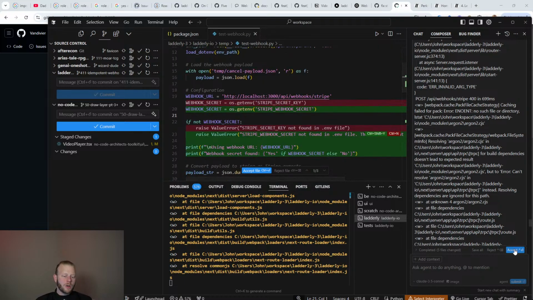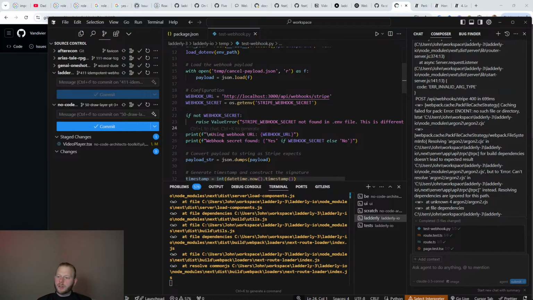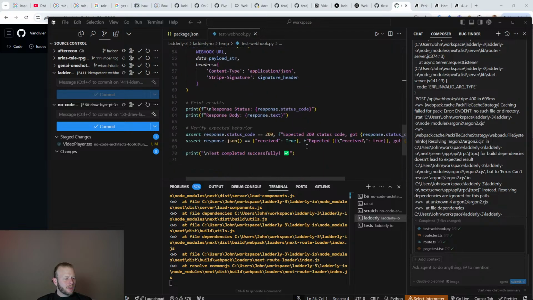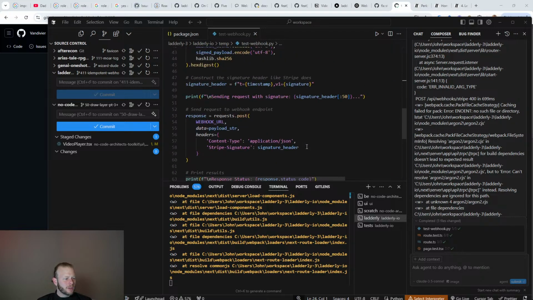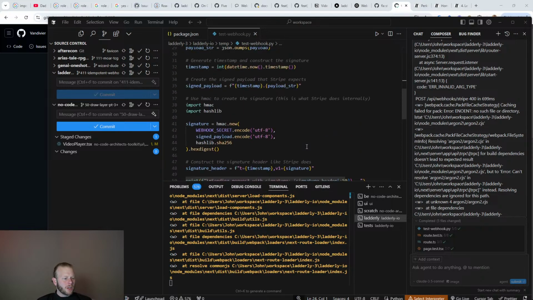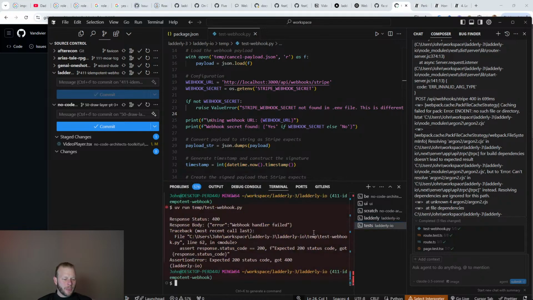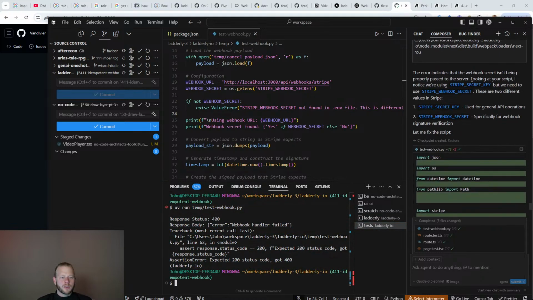Webhook URL. Oh, hold on. I think is it calling Stripe? This is okay. It doesn't look like we're logging my secret, so I'm okay with that. It's just going to print yes or no. Oh, these are two different values in Stripe.